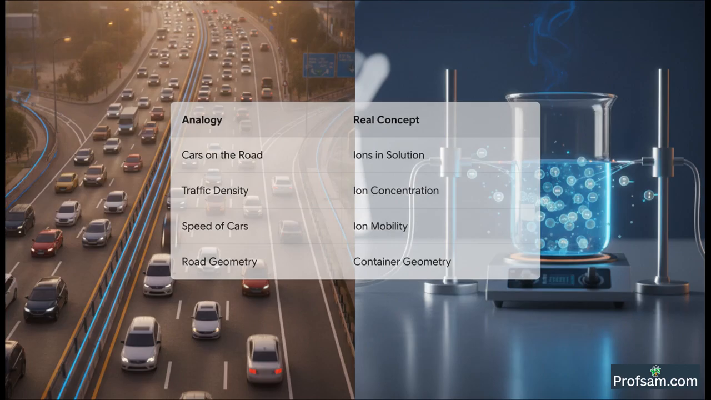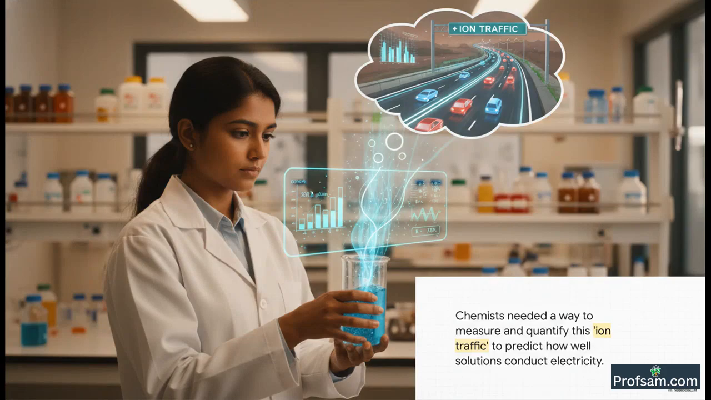So the main point is this: more ions and faster moving ions will result in a higher current. Simple. So, you might ask, why did chemists even develop this concept of conductance? Well, the reason is quite practical. They needed a reliable way to measure and quantify this ion traffic. They wanted to know the concentration and the mobility of ions so they could predict how well a particular solution